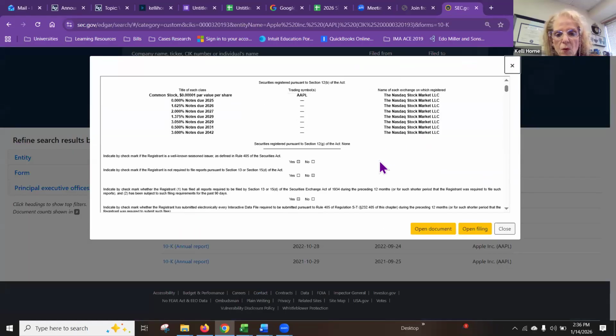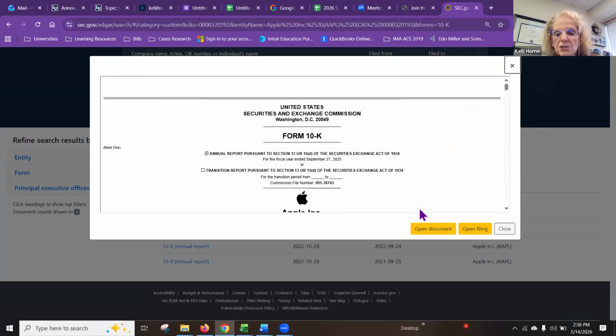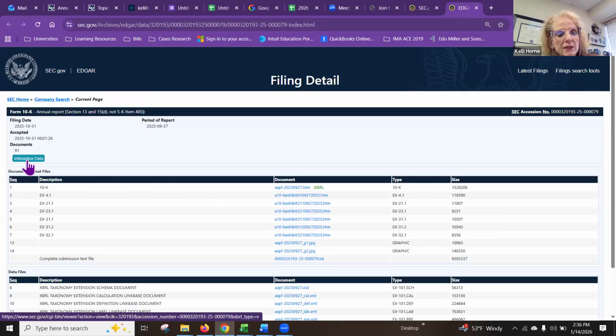And here's the report. Please don't ever try to print these things. Okay, so you've got two options here, Open Document and Open Filing. I'm going to select Open Filing, okay, and you'll see here on the top line under Description it says 10K, so you could click on it there and see the actual report. But I'm going to come to this little green button over here that says Interactive Data, and I'm going to